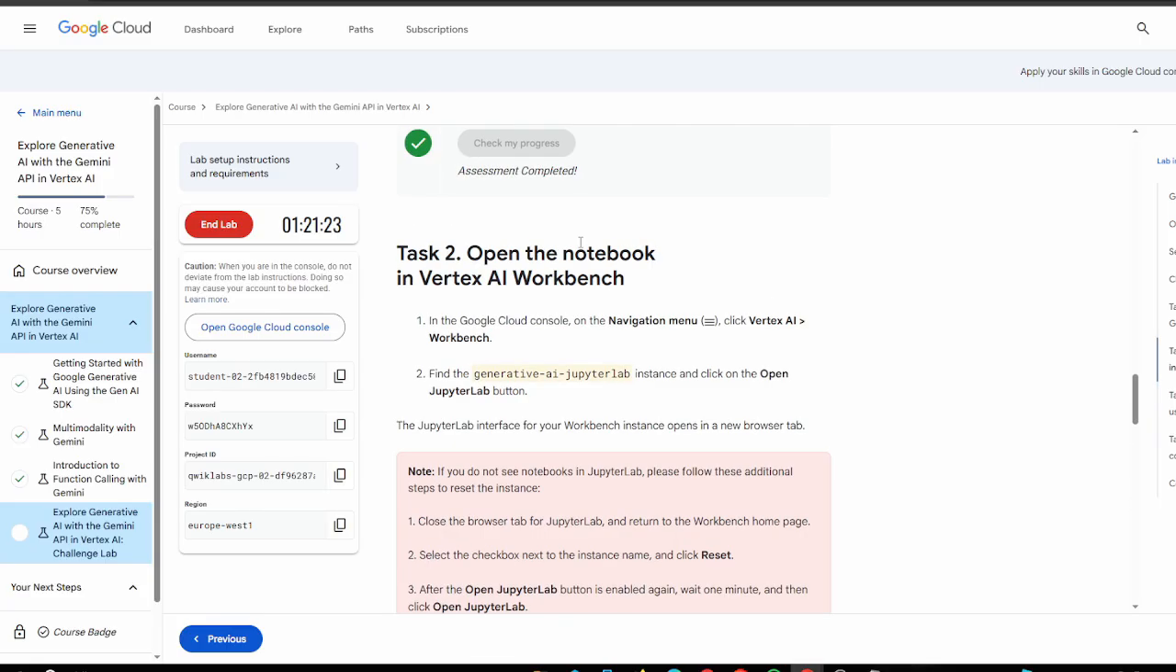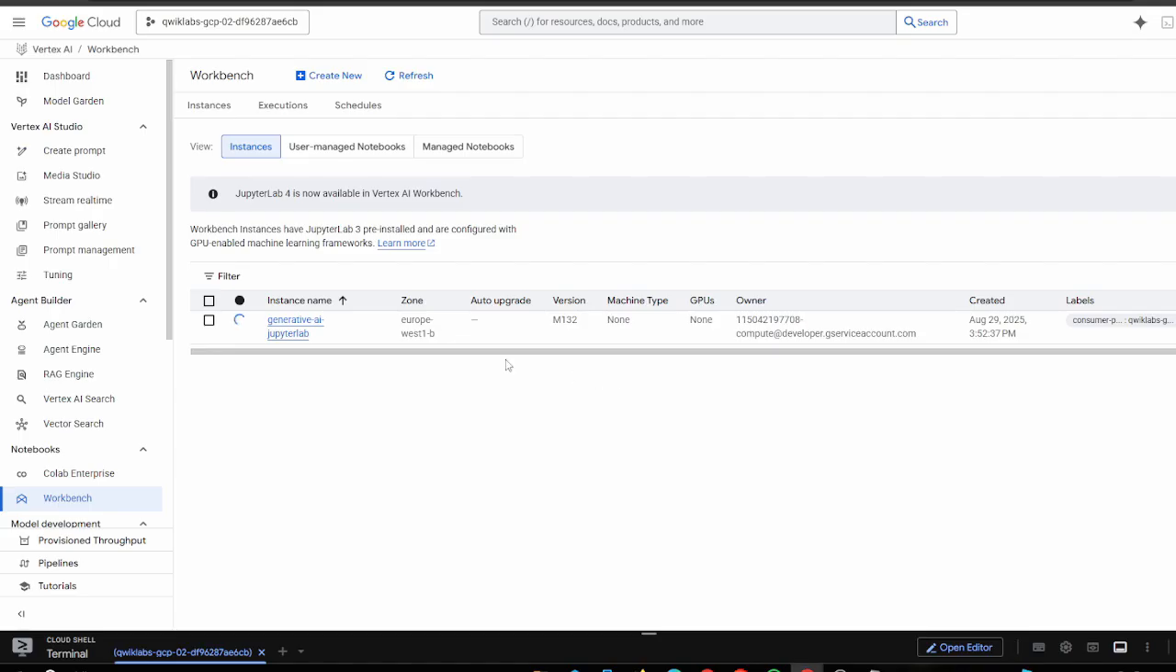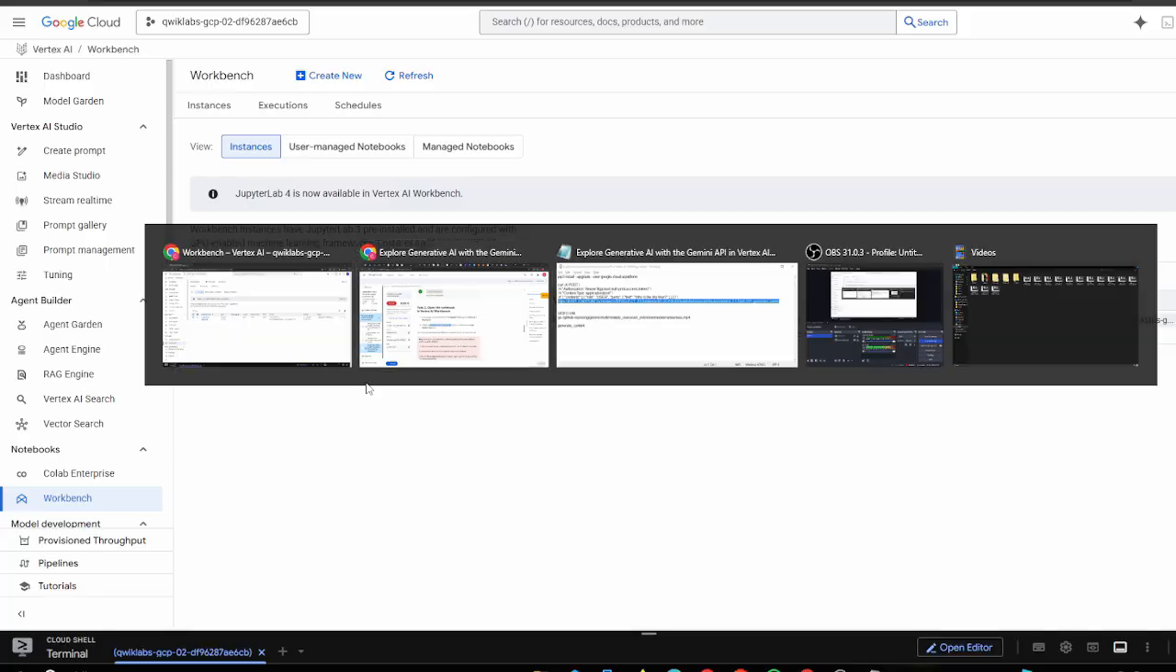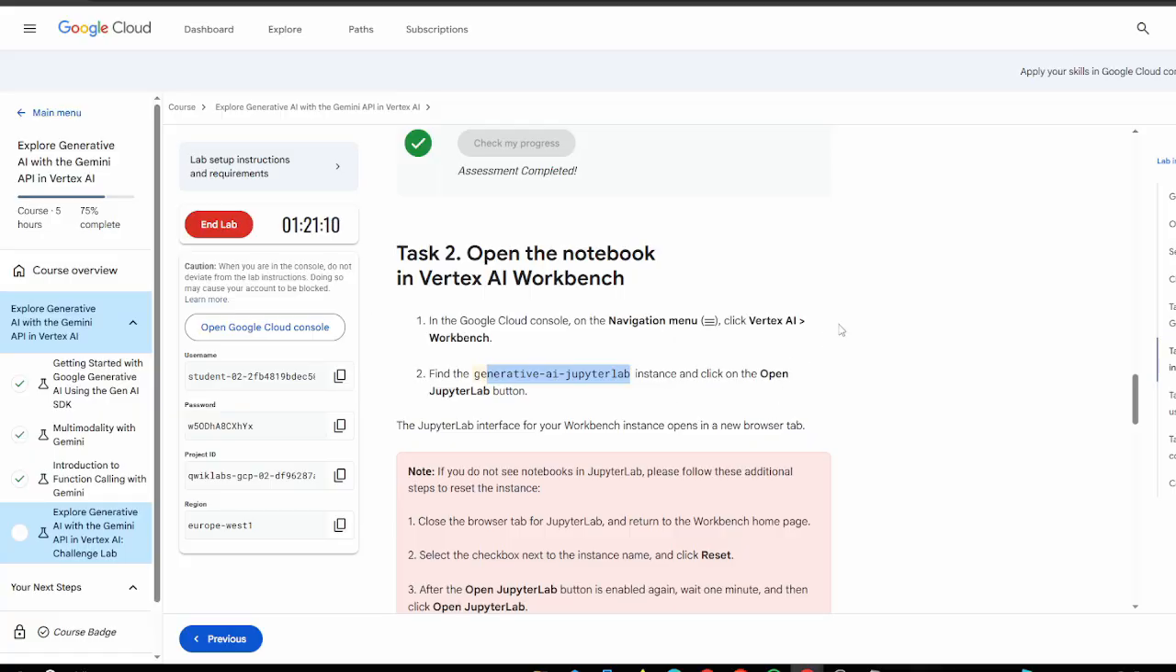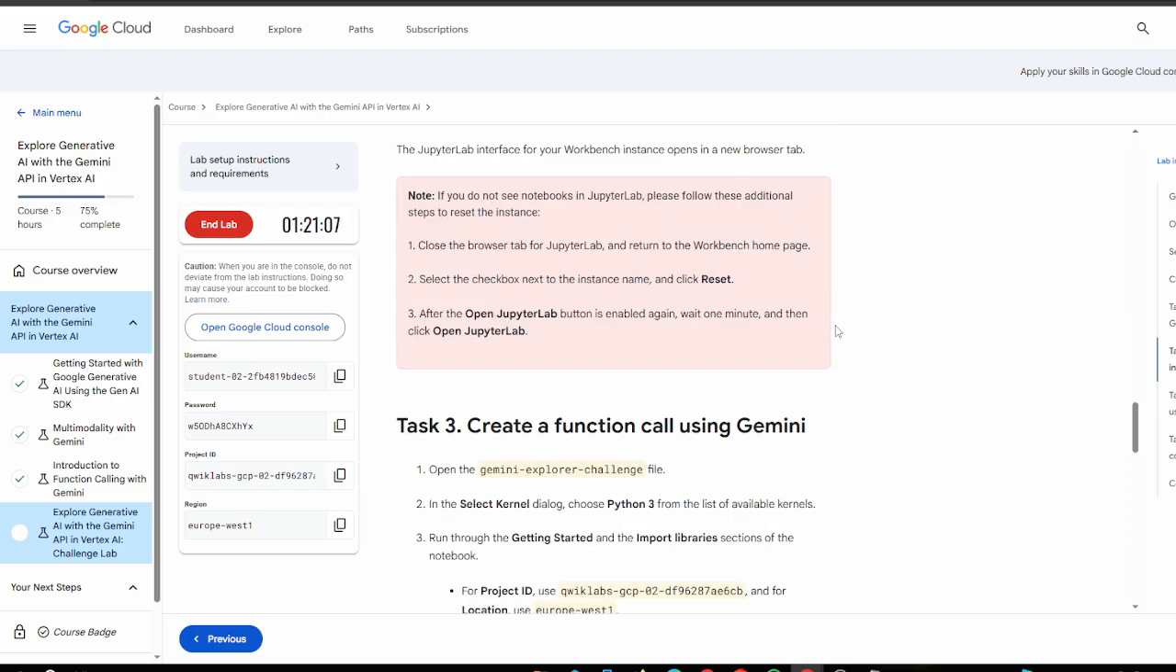Let's just check again. Is there anything else they have given? They just told that Generative AI Jupyter Lab is the name of the lab. So it is the correct name. They haven't mentioned anything specific. So we are on the right track, but